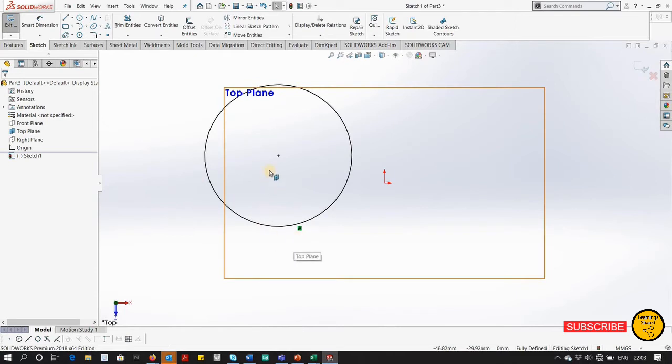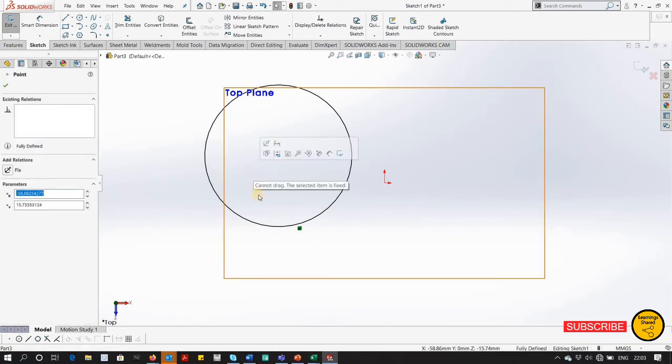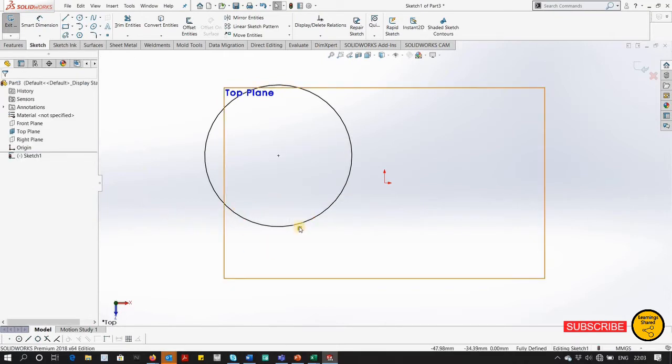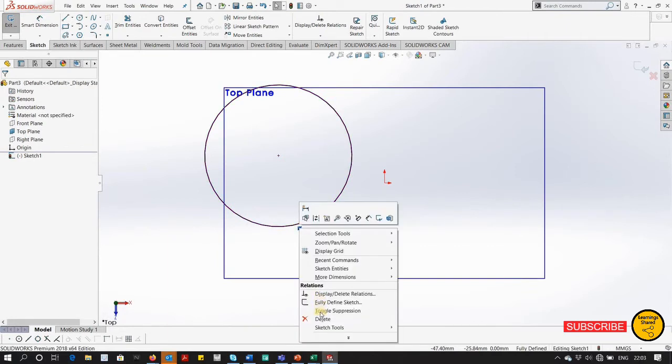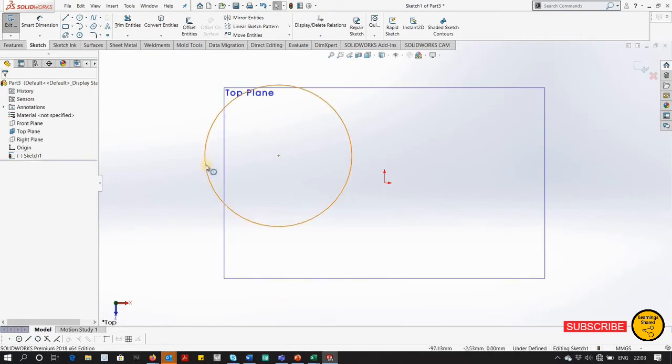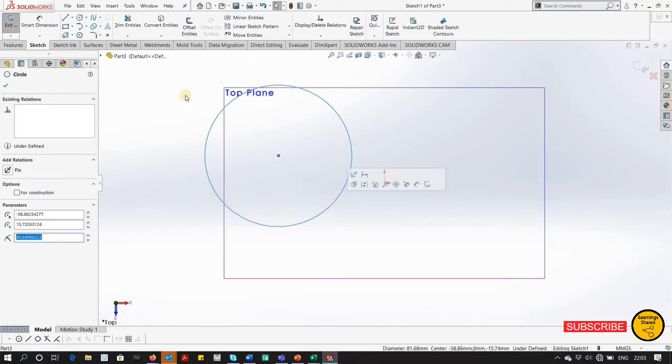Now it is constant, you cannot move it. If you try to move, it is saying you cannot drag, the selected item is fixed. So this is the fixed relation. Now I will delete it. Now my circle is turned to blue, it is not in constant mode now. So I will delete it.